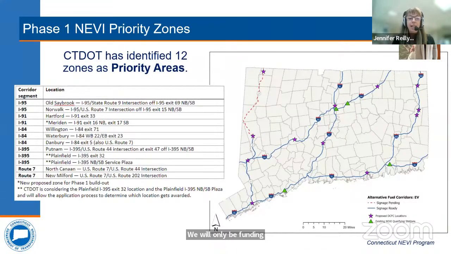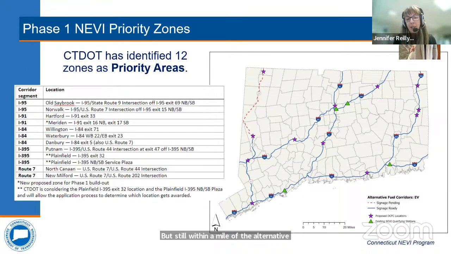In addition, I want to point out that we have a sentence within the LOI that seems to be causing some confusion for folks. "Phase 1 funds will be prioritized for proposals within the 12 zones. DOT may consider exceptions for unique proposals near these identified zones, but within a drivable mile of an interstate off-ramp." What this means is maybe you found what you considered a perfect NEVI site location, but it's not on one of the exits identified, but it's maybe 1 exit up or down from a priority area, but still within a mile of the alternative fuel corridors.